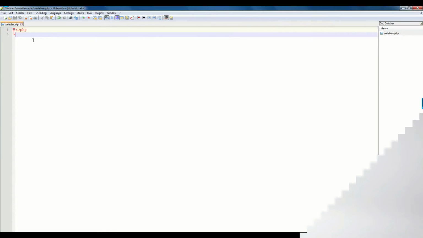Let's start with variables in PHP. Firstly, what are variables? Variables are like containers for storing information within a script. So, how to declare a variable in PHP? In PHP, a variable starts with the dollar sign and is followed by the name